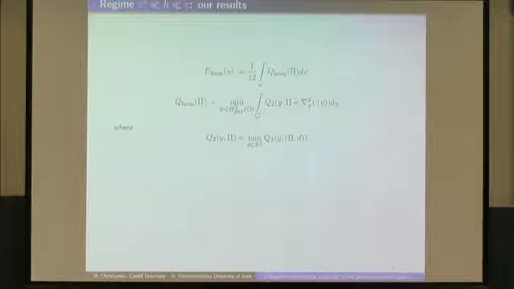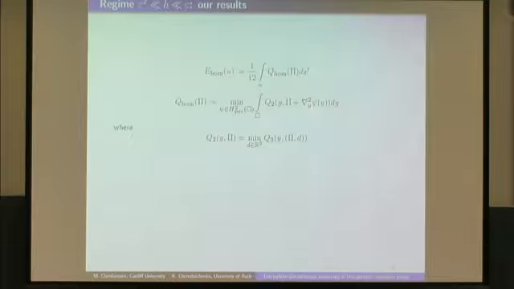quadratic form Q, which we call Q form, and it is defined as a minimizer of this expression. So we minimize with respect to functions psi, which are twice differentiable and periodic with respect to variable y on the unit square. And this formula is quite simple compared to the formulas of our predecessors.